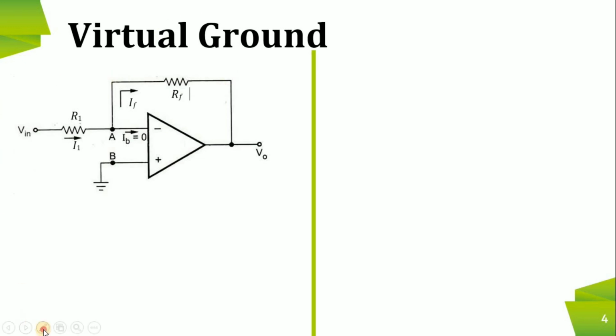To understand the virtual ground, I'll take a circuit of inverting amplifier. So this is the circuit of inverting amplifier. Soon after this slide, we will understand what this inverting amplifier is. For time being, let me assume this is an inverting amplifier, and to understand this, I'll take up the basic property of OpAmp, which says that input impedance of the OpAmp is infinity. If input impedance of the OpAmp is infinity, what will be the